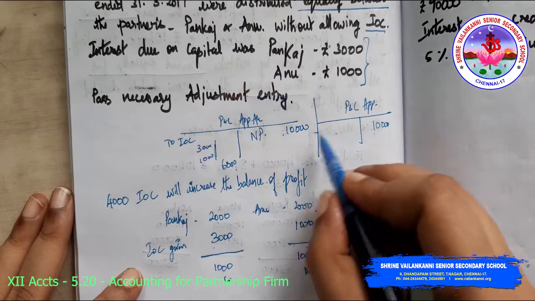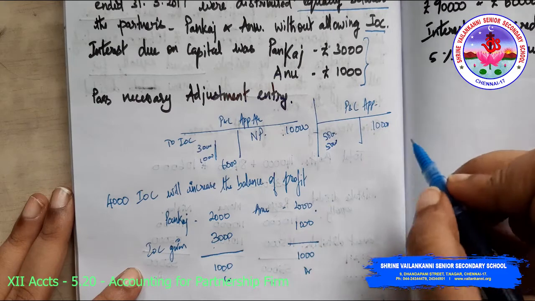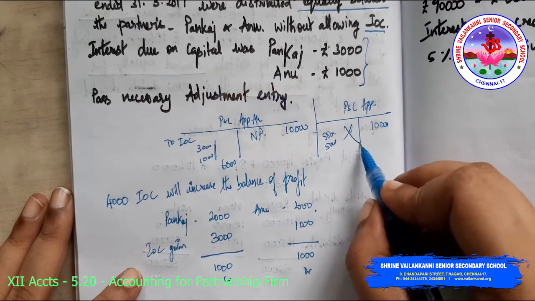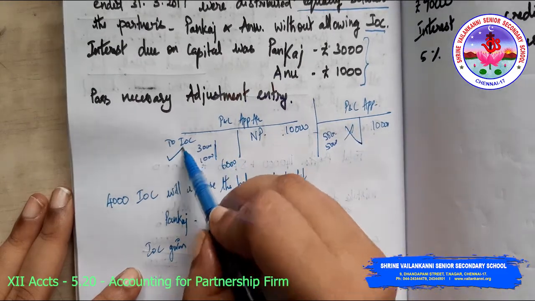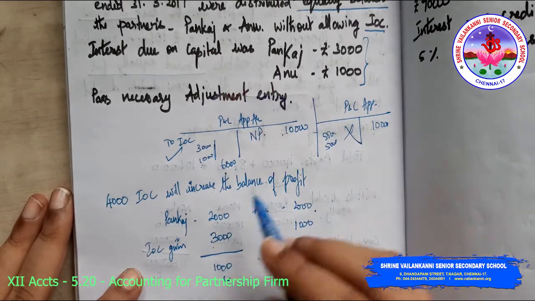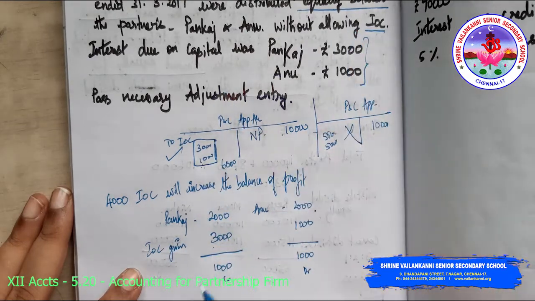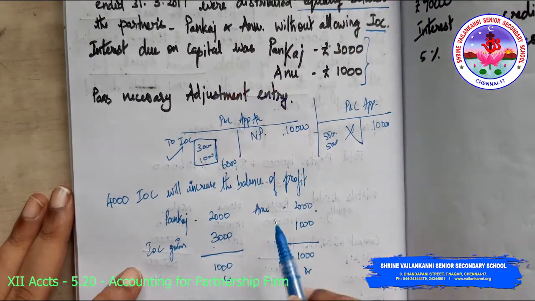Straight away they have divided equally. So 5,000 and 5,000 the partners would have got, which is wrong. But what is right? You have to charge interest on capital. After this 6,000 you divide it equally, no problem. So to the extent of 4,000, my profit is inflated, my profit is increased. So I have to rectify that.